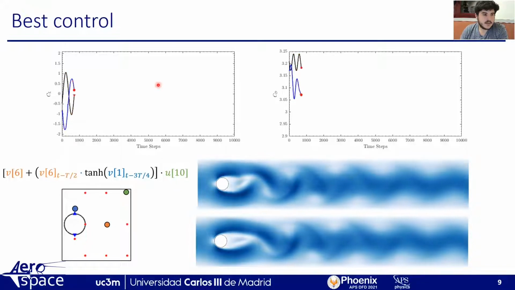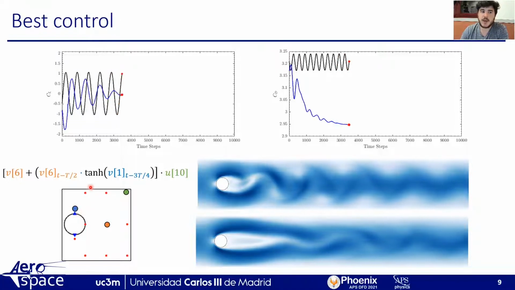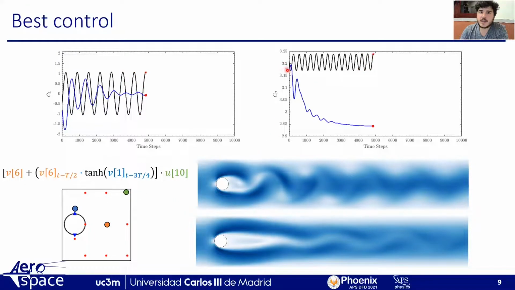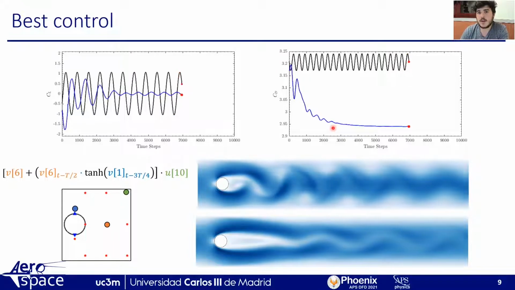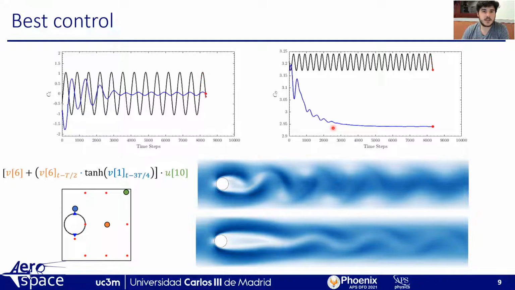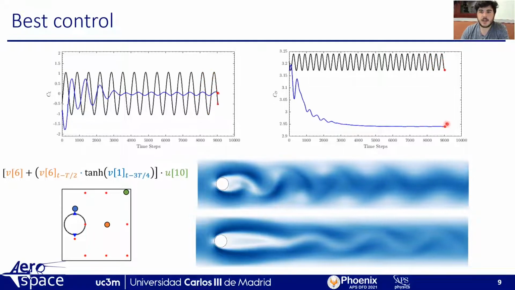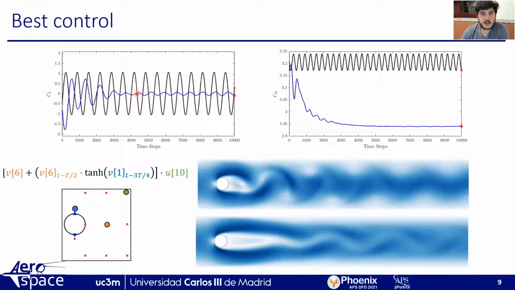Eventually, what we see here is a rather simple control strategy proposed by XMLC. We are having only 3 probes out of the possible 22 of them. Remember that we have 11 positions but 2 possible values at each of these locations. And this is characterized by a strong actuation at the very beginning that pushes us to a different attractor of the dynamical system. And once we are close to this attractor, the actuation is very tiny, very small, so a low energy consumption that allows us to keep the CD very stable. The shedding is almost vanished, and we also see this in terms of the CL.